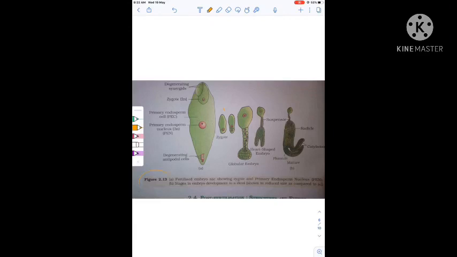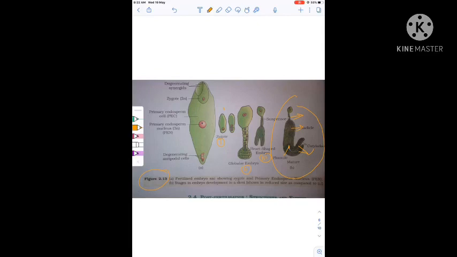Now, in figure 2.13, the important one is this diagram. Okay. This can be given in a question to identify. This is the suspensor, then this is the radicle, these 2 are the cotyledons, then this is the plumule. Another question can be asked to sequence the stages of maturation of an embryo. For example, this is the zygote, this is the first, then the globular embryo second, then the heart-shaped embryo third.